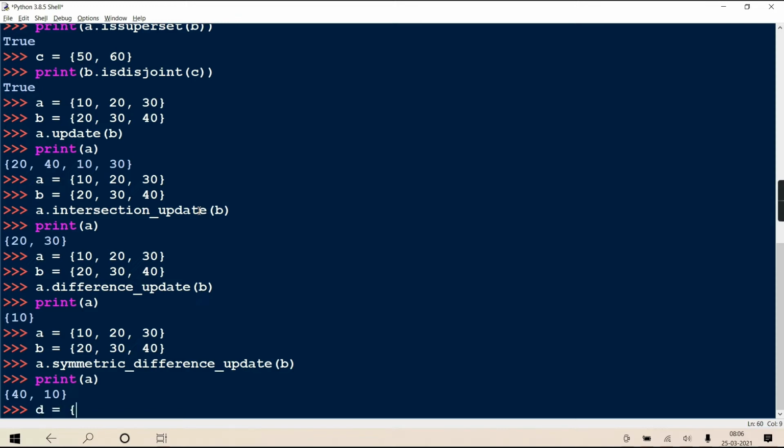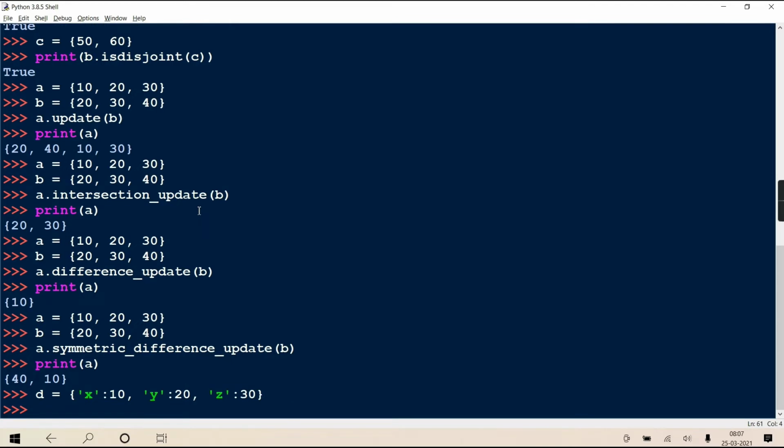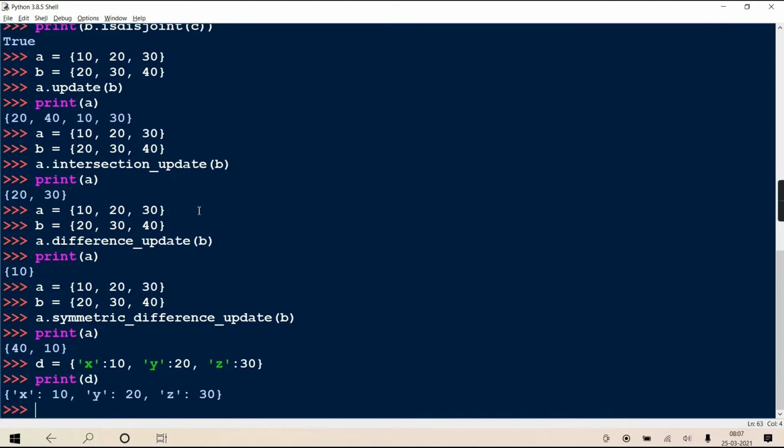See, D equal to, and suppose I've created a dictionary: X 10, Y 20, Z 30. Okay, dictionary created. If you print and see this,